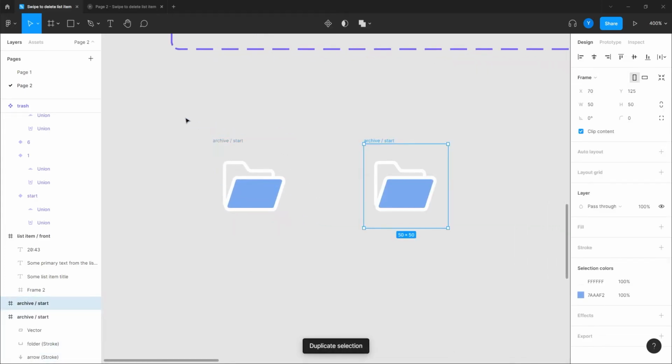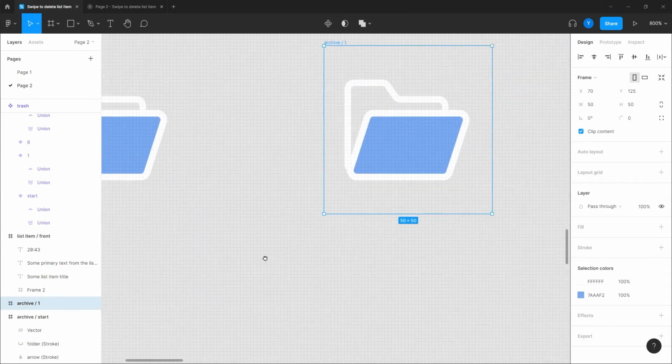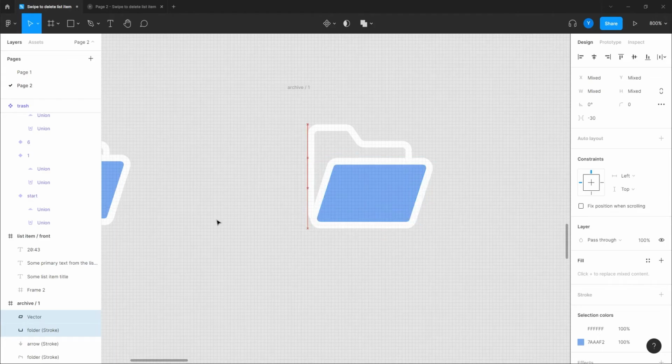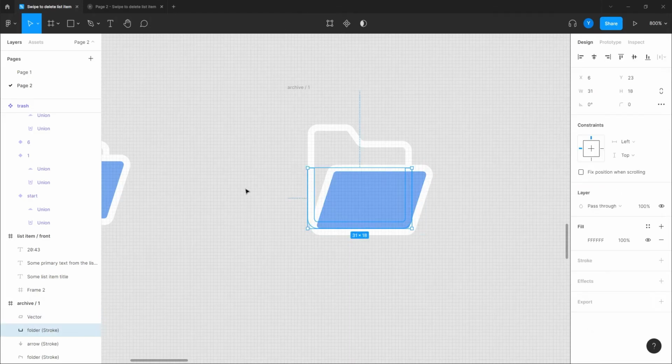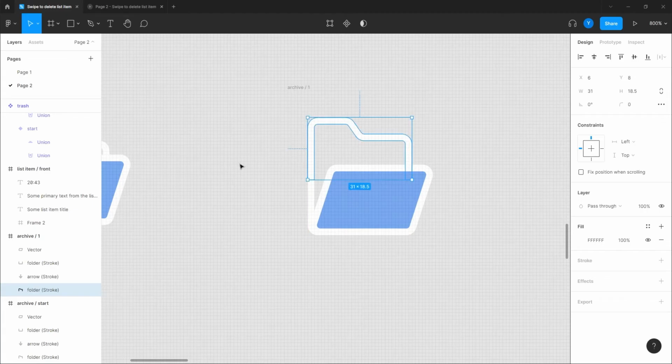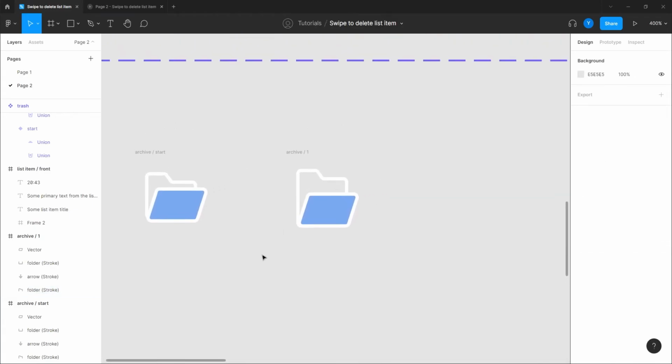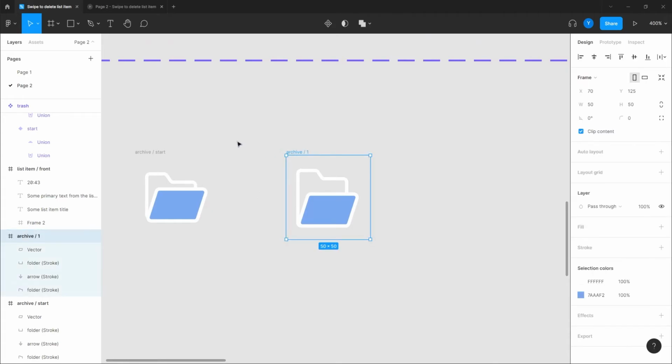Okay, so duplicate that. I'm gonna go the same way, just call it 1. And what I'm gonna do now is, this is built from 2 shapes. It's gonna go, I think, 2 clicks down, or 3 maybe. That's okay. Let's take this one also like that, and this one opens a bit. Yeah, I think that's okay. Let's see how it goes and see how it looks. I think it's gonna be just fine.